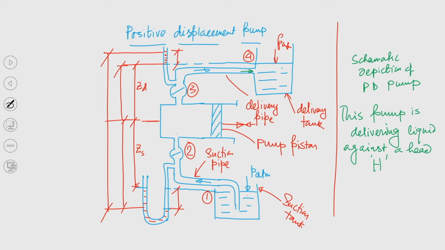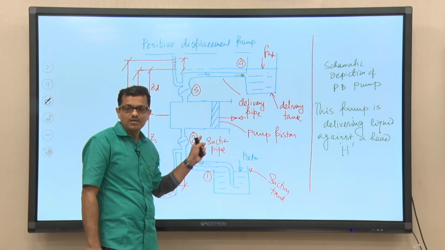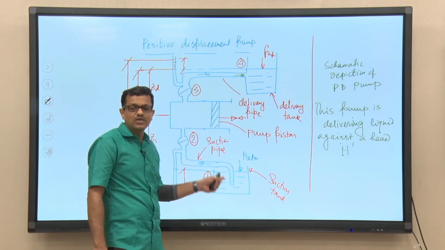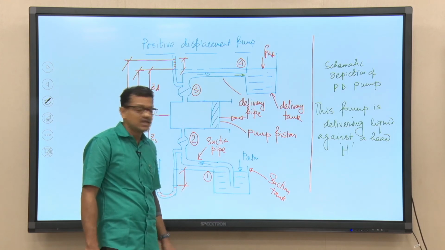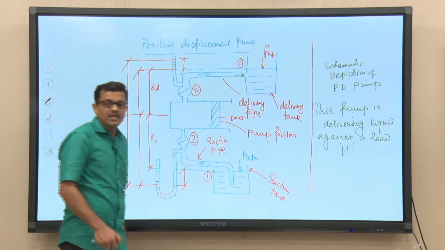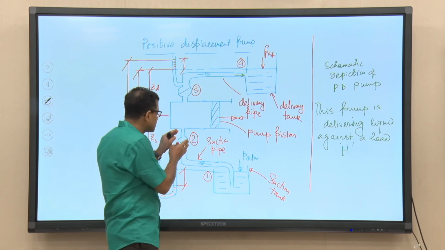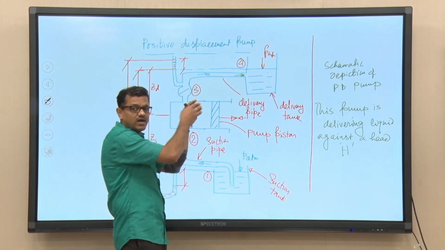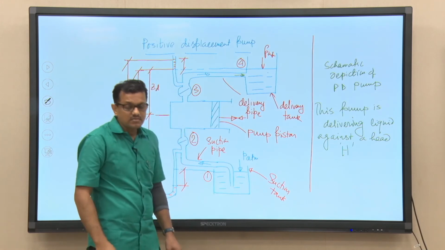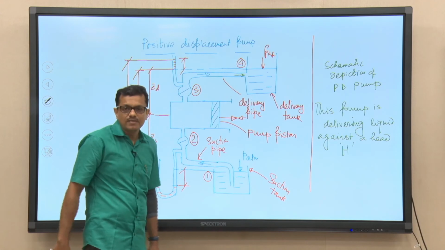Now, to understand whether the pressure at point 2 is below the vapor pressure at that temperature, we know the local temperature and we know the fluid handled by the pump, so we can calculate the vapor pressure corresponding to that temperature. If the pressure at point 2 goes beyond that, it is not desirable. That is why it is very important to do a separate analysis of both the suction side and delivery side, only to understand what the pressure at point 2 is, and whether that pressure falls below the vapor pressure or not.